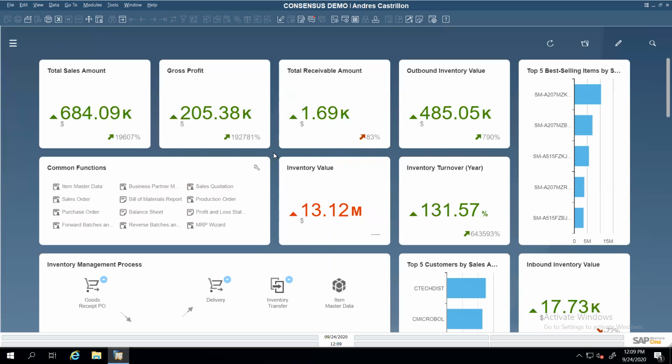Okay, great, thank you. So what I have done is, this is version 10 in SAP, where I can have a lot of interesting key performance indicators. For example, I want to keep my inventory below, let's say, 12 million. I could set up a target. So I see this in red. I am at $13.12 million. Red means that it's growing. So if I have this visibility, I could act on it pretty quickly. What is going on? What happened? I usually am around 10 million in inventory. I have like 31% more than usual.